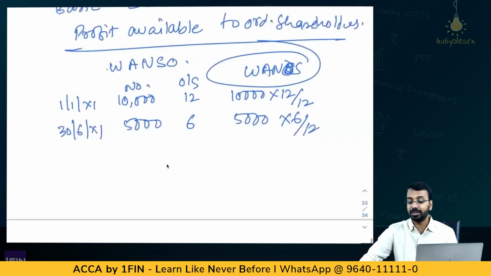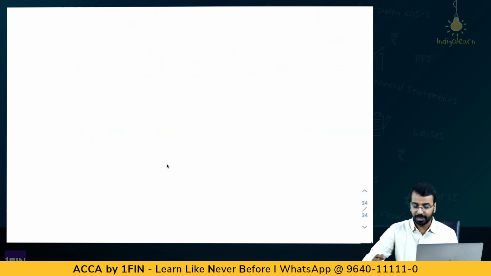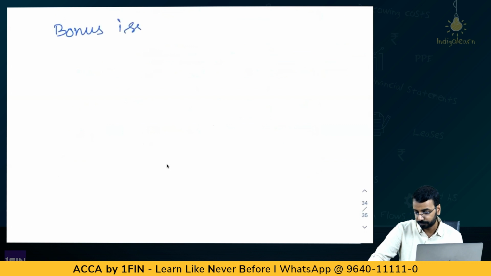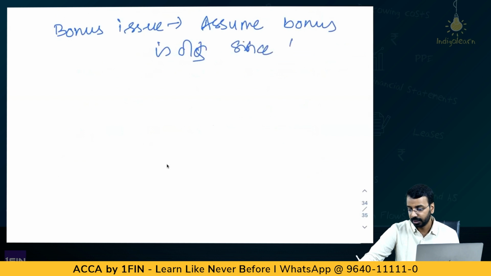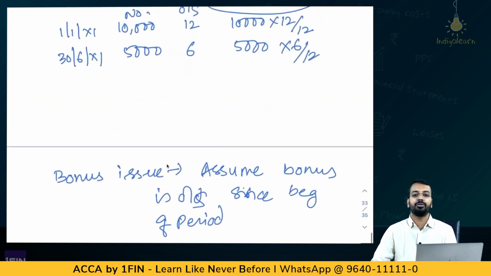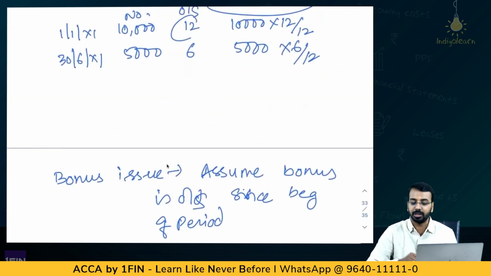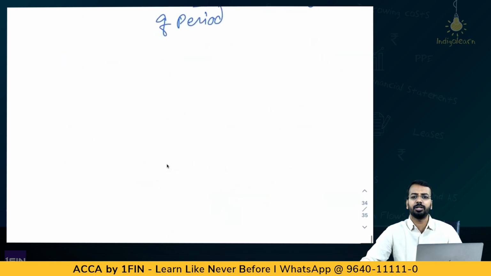Now, weighted average calculation is simple. Few things we have to keep in mind again here is, if it is a bonus issue, you will assume that bonus is outstanding since beginning of period. So, even if you make a bonus issue in mid-year, you will give entire 12 months of weight to the bonus issue. Okay. Then, if it is a normal issue, you calculate the weights from the date of issue. Then another important part is